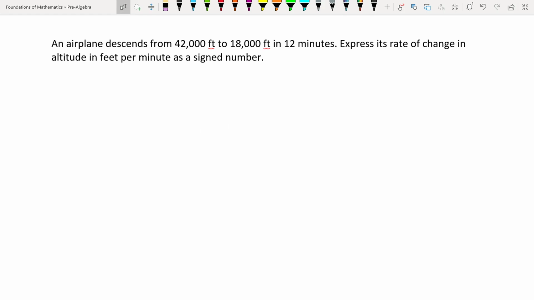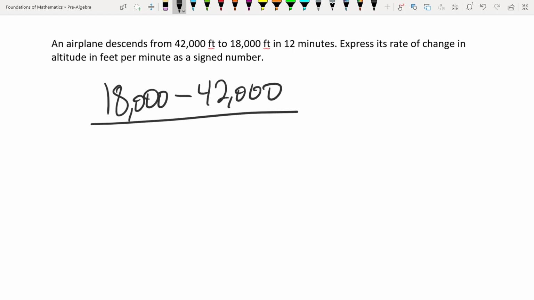Here's an airplane descending from 42,000 feet to 18,000 feet in 12 minutes. What's the rate of change in feet per minute as a signed number? So on top, we need how much did it actually descend? The way you can do this is taking the final minus the initial and dividing it by the time it took to do that, which was 12 minutes. This is going to be in feet, and this is going to be in minutes. This is feet per minute. And you'll notice 18,000 minus 42,000 is going to be a negative number since 42,000 is greater than 18,000, and we can subtract it,